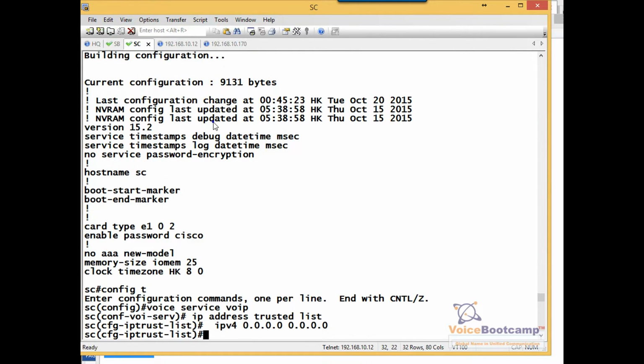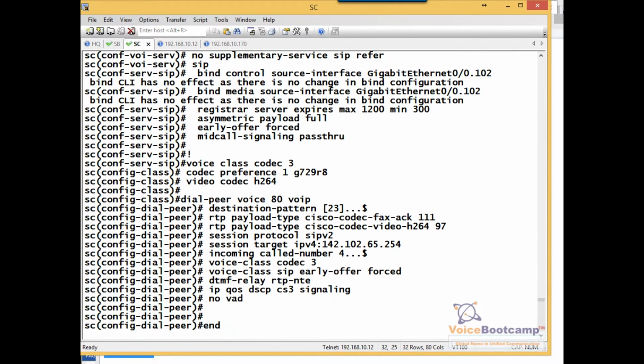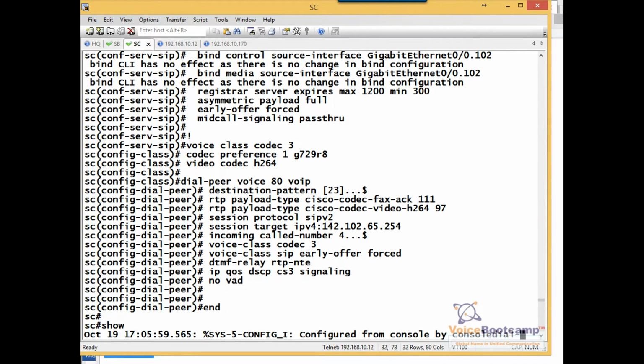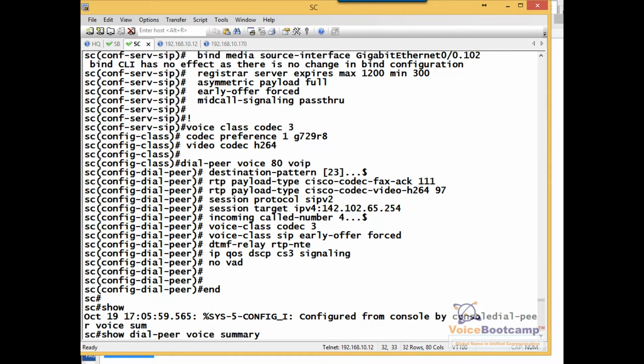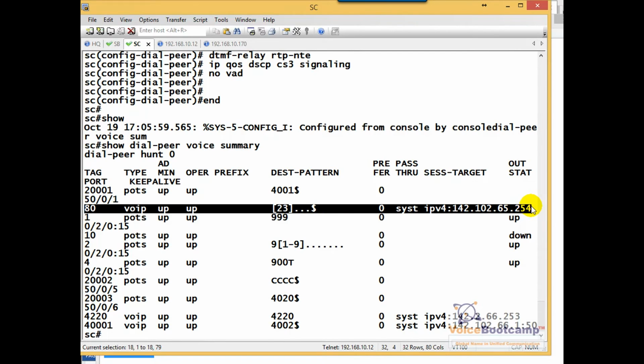So I'll go and paste that. So, dial-peer voice summary. I should have my dial peer right here for CUBE. Alright, so